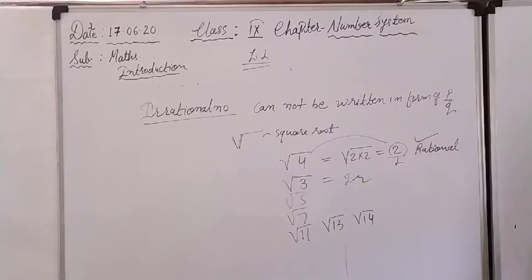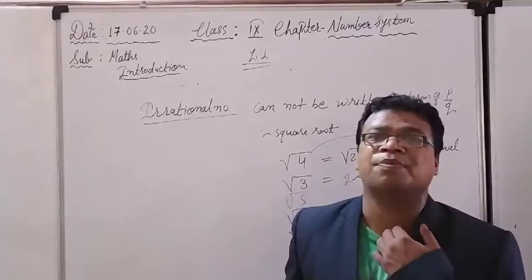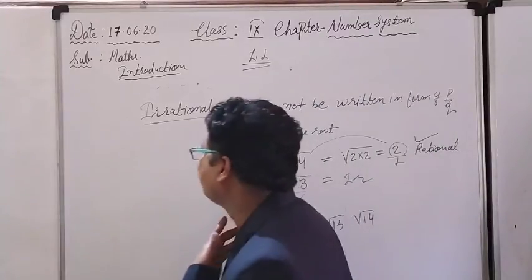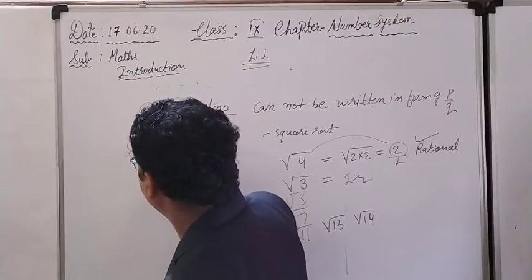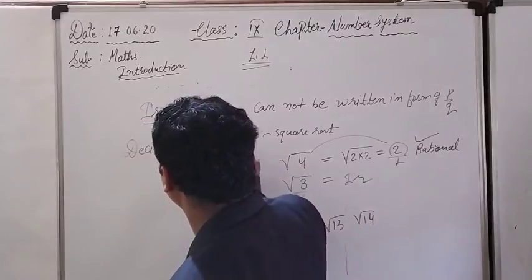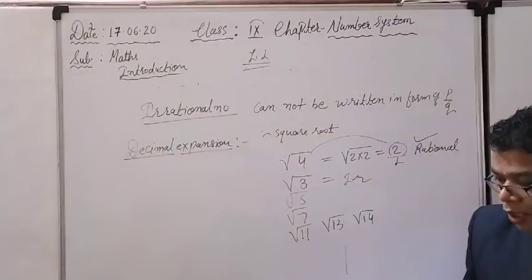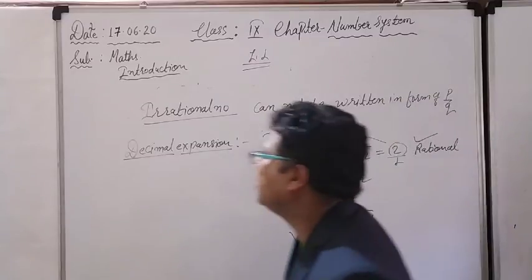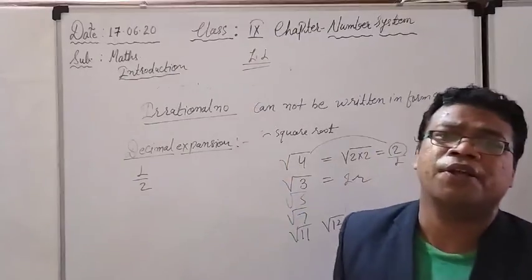Right now see the next thing, we will work on the decimal expansion also, and after that I will tell you. Okay, right now see, if we talk about the decimal expansion, let us understand it a little, because it is going to be very important for you. See here, what is the decimal expansion? The meaning of decimal expansion is very easy, beta. For 1 upon 2, 1 upon 2 is a rational number.